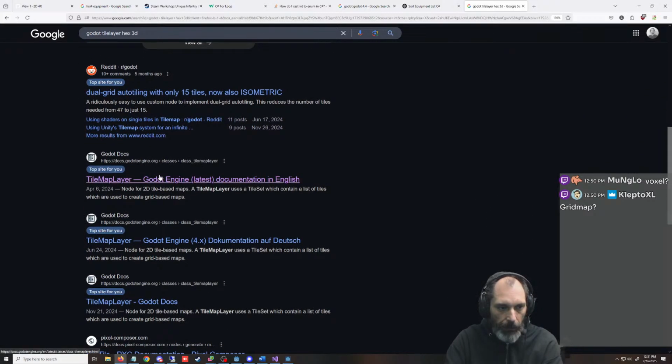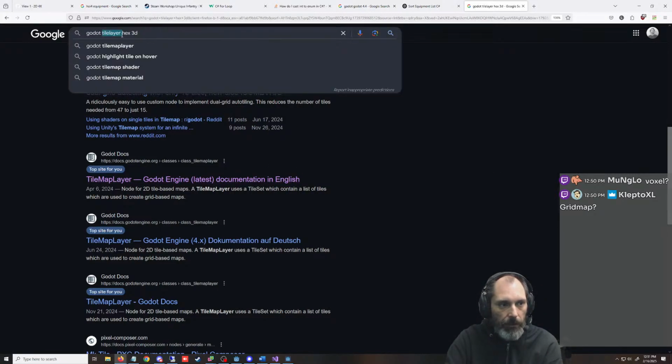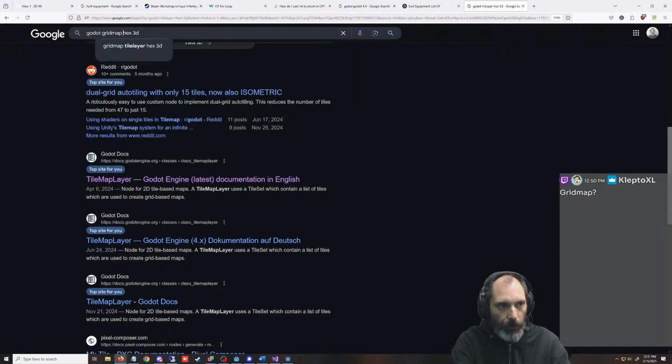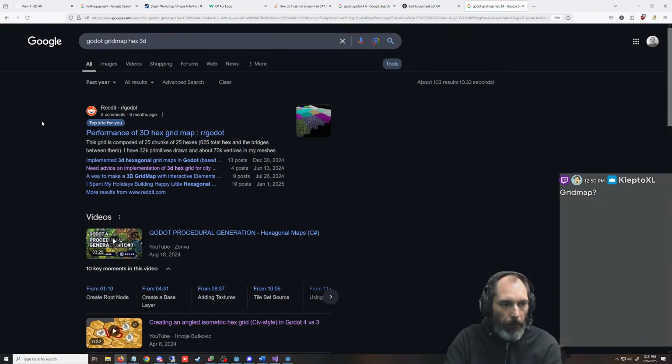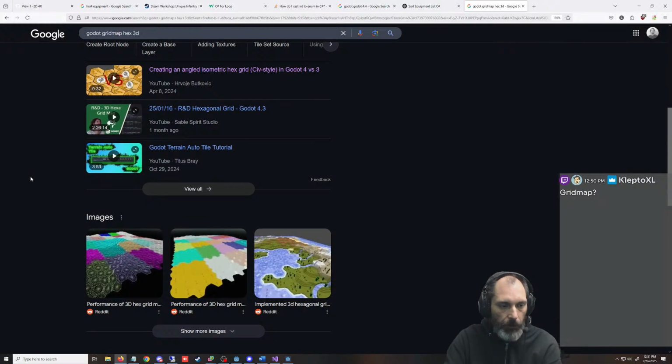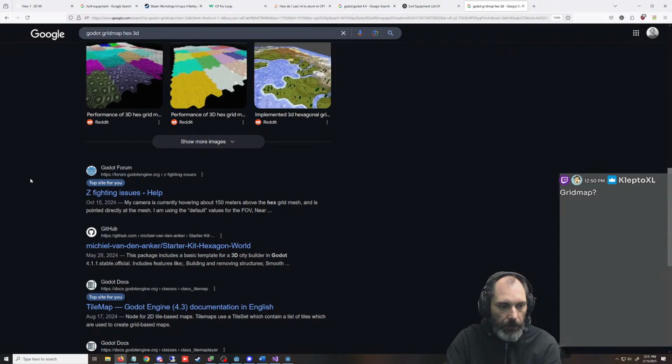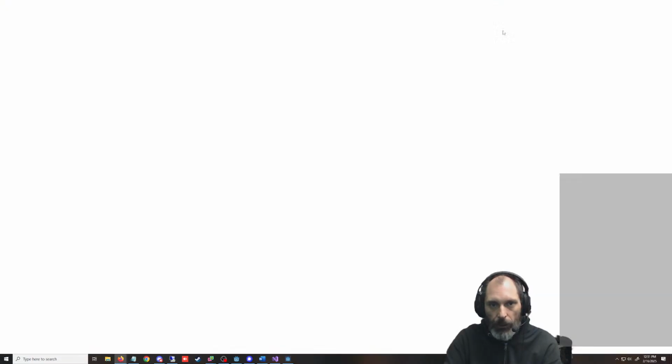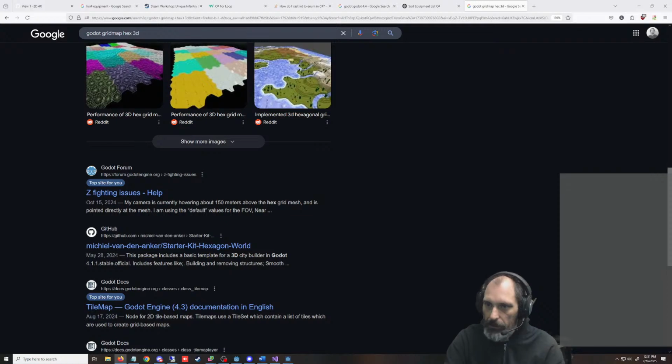Tile map is for the 2D ones, which I use the 2D grid map. Yeah. Grid map. I want a grid map. This one's pretty new, but that's not what I was looking for. I think I'm gonna go open this on a different one. I think I subscribed to it.